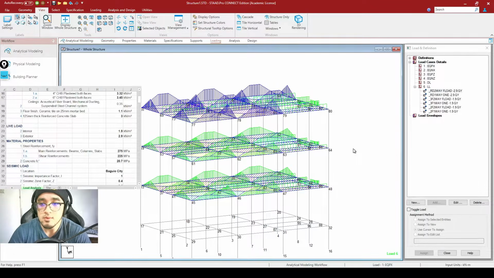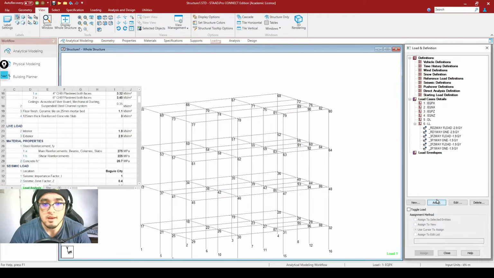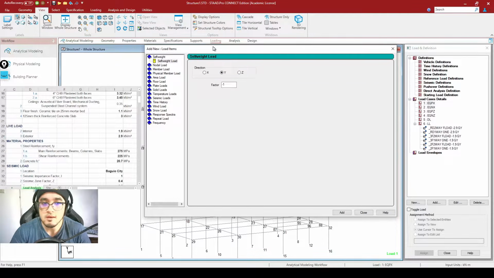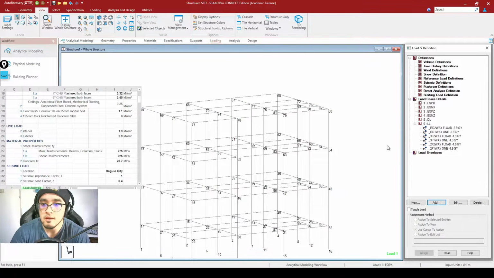Okay, so the next thing that we will be doing here is that we will be assigning our dead loads, our earthquake loads, and whatsoever. So let's go from case to case. So right now, we would be assigning our earthquake loads or our EQPX right here. So I would be clicking this, then I would be pressing add. And after that, of course, you would be going straight here in seismic load. So if you click here, it is said here that seismic definition is required in order to assign a seismic load. So how can we do that? So just click close right here, then go in your seismic definition right here,